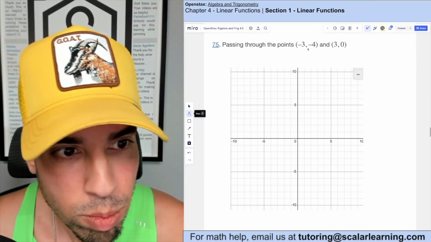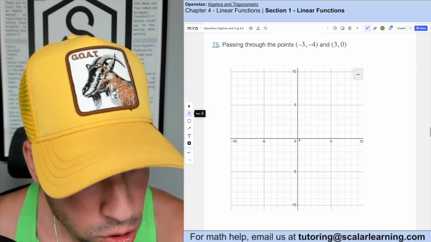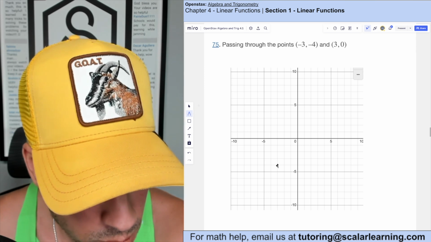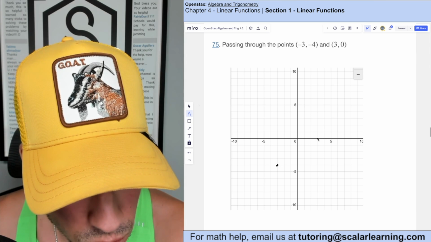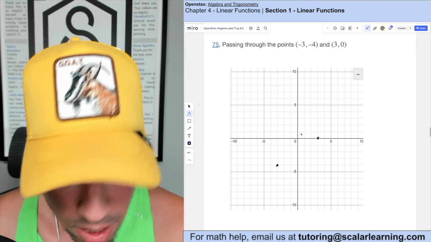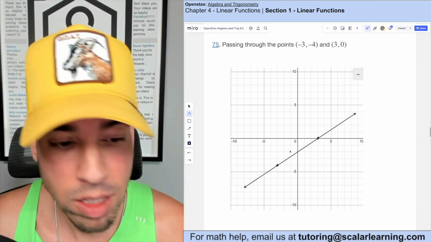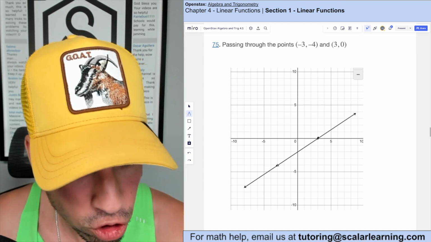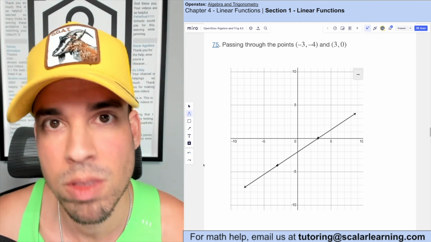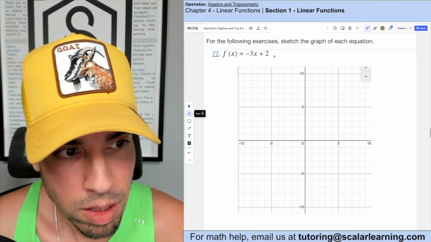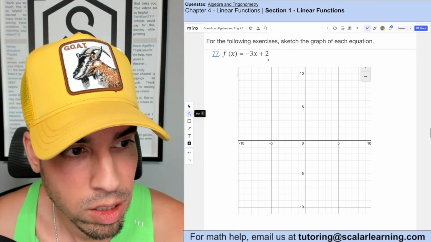For this one, we got 2 points, -3, -4. So I go left 3, down 4. Boom, there's point number 1. And then we got 3, 0, which is an x-intercept. And now we just connect the dots. And as you can see, here is the final line. Just for fun, I can show you it's got a nice slope of up 2 over 3, meaning 2/3. That's it. Boom, done. Sketching a graph of a linear equation or linear function when it's in slope-intercept form is